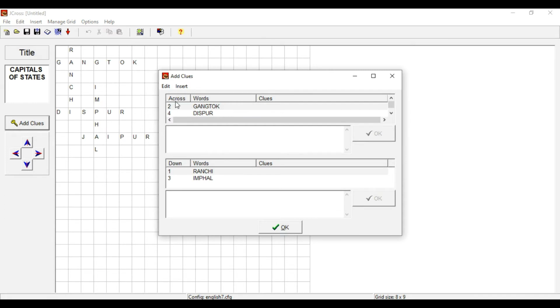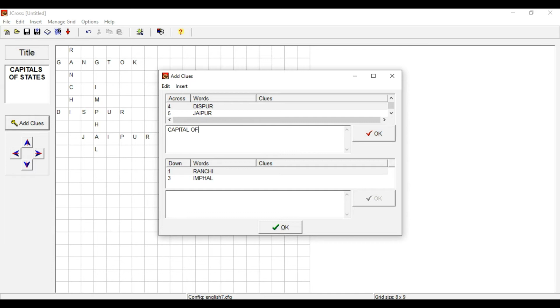Here the words are given across and down. So you are to add clues to them. So let's give a clue first of all to Gangtok. For that select Gangtok and write here, Capital of Sikkim. Then select OK. Click next word Dispur.